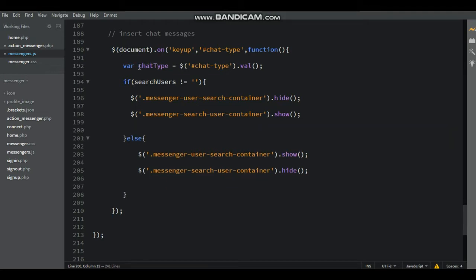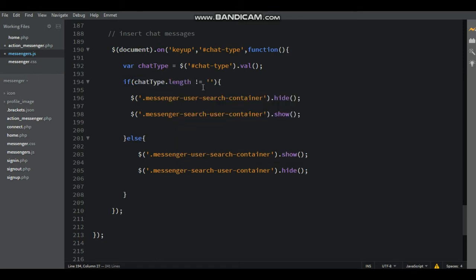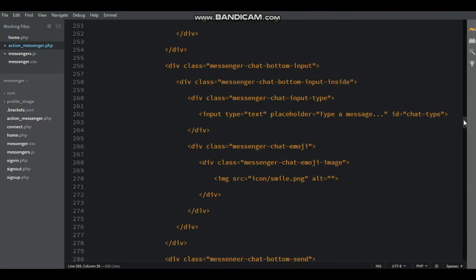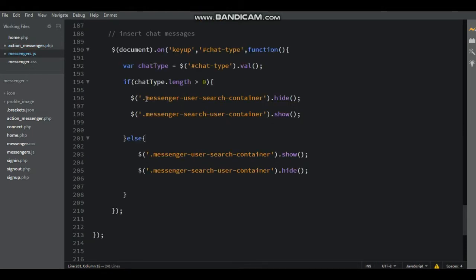Here just copy the chat type, here function if else, here chat type dot length means count the text values, here chat type dot length greater than 0. Now inside the if function, just copy the class name messenger chat bottom send inside, here paste it.